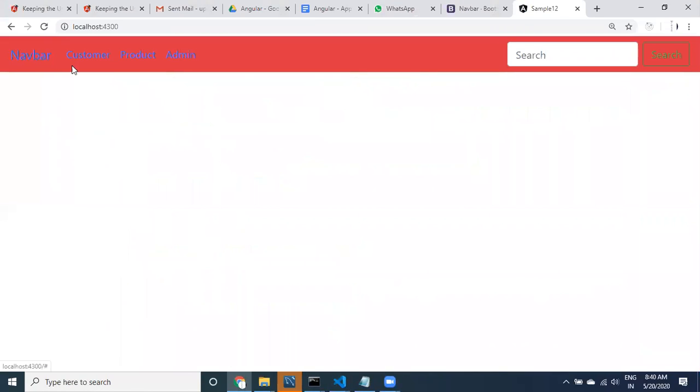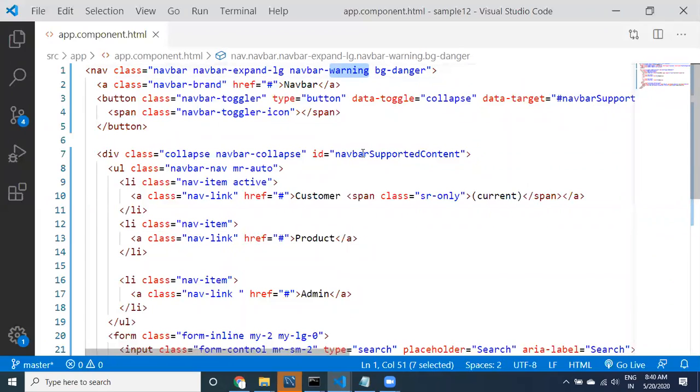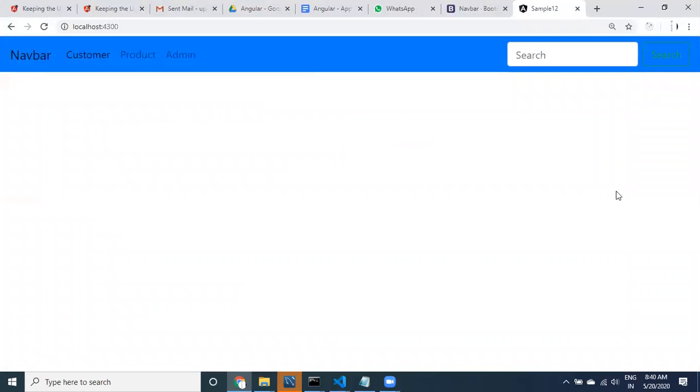See, it is displaying differently, right? So maybe instead of danger, better taking primary. That looks better. You can play around with the colors and background colors how you want to take it, guys. Yeah, success. Success is green color.